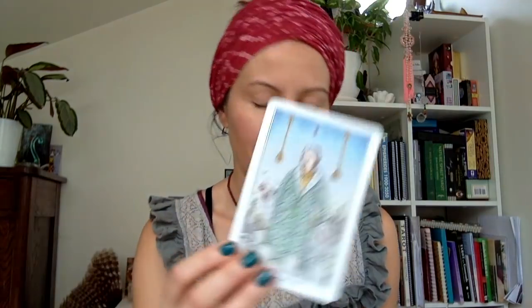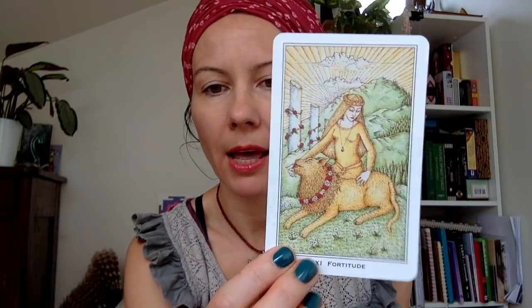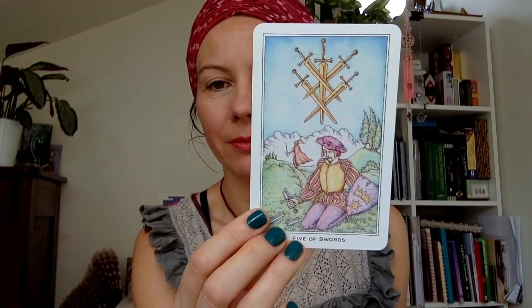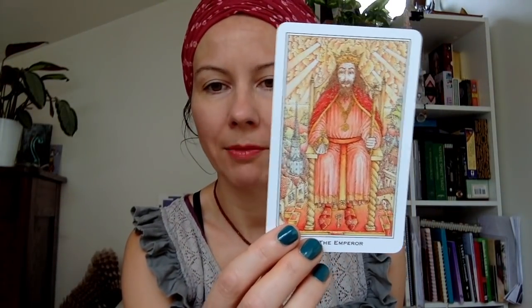The only bummer here is that the elements are swapped, so the swords are fire and the wands are air, and I use the opposite. So sometimes it's a bit annoying when you use certain associations, but then the picture shows something else. But at the same time, I don't mind too much. I can also swap the elements if needed, based on the picture. But yeah,